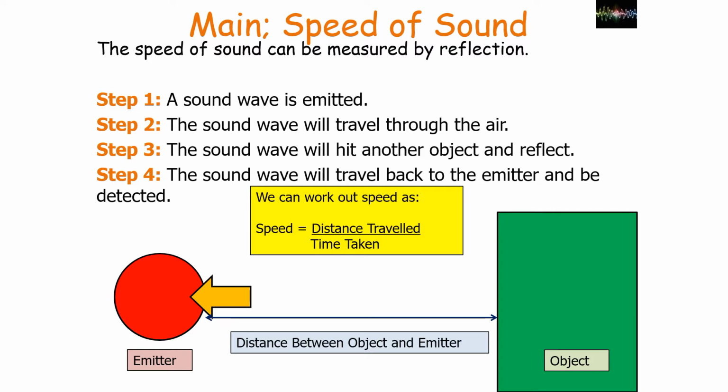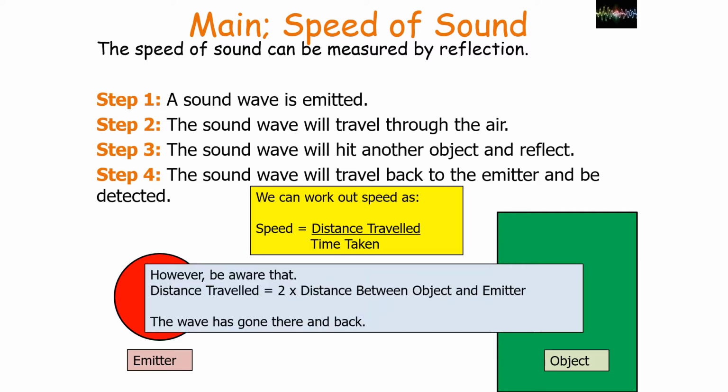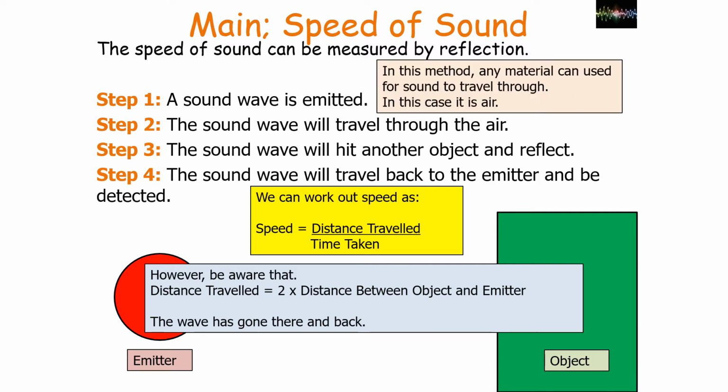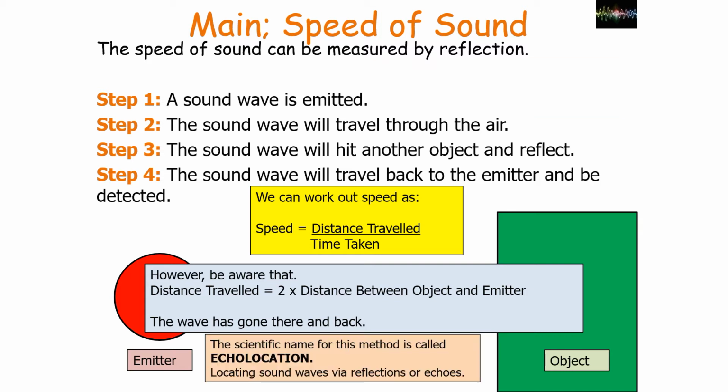The sound wave is then detected by the emitter, and you can work out the speed of sound by doing the equation speed equals distance travelled divided by time taken. But just be very careful, the distance travelled is 2 times the distance between the object and the emitter, because the wave has gone there and back, so the distance travelled is there and back. Now in this method, any material can be used for sound to travel through, but we'll just use air in this case. Now the scientific name for this method is called echolocation, the location of objects via the reflection or